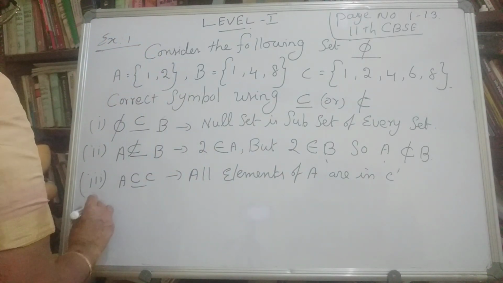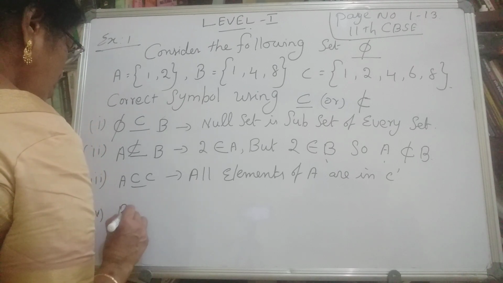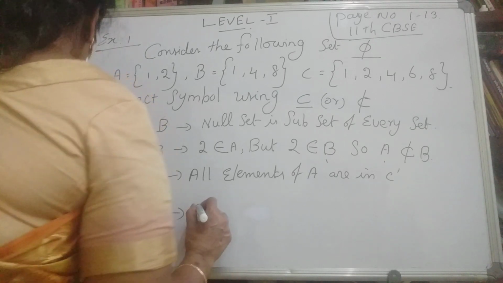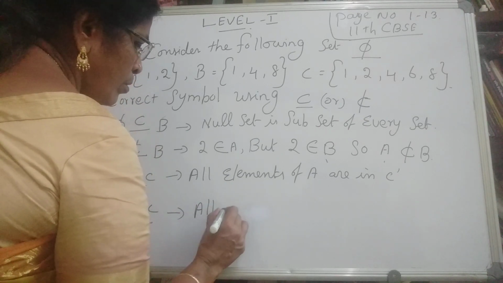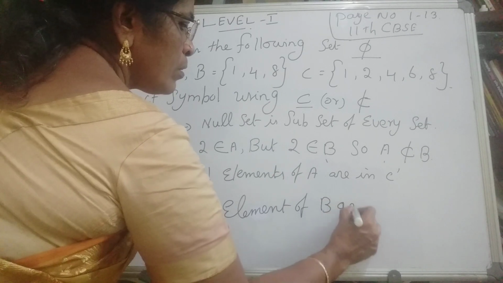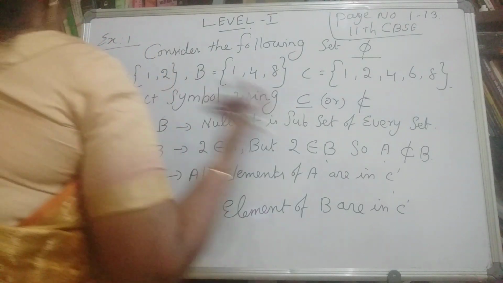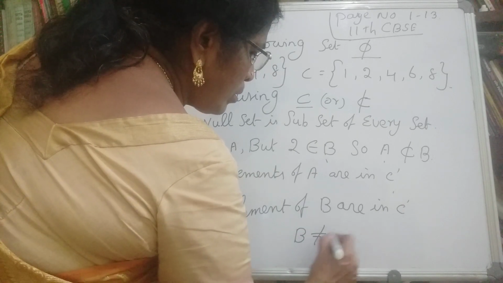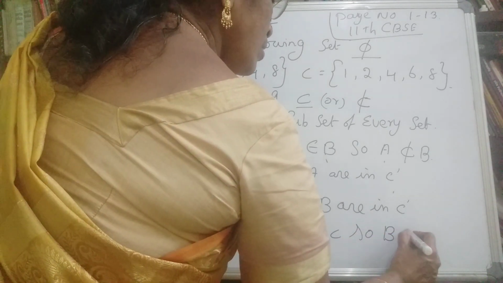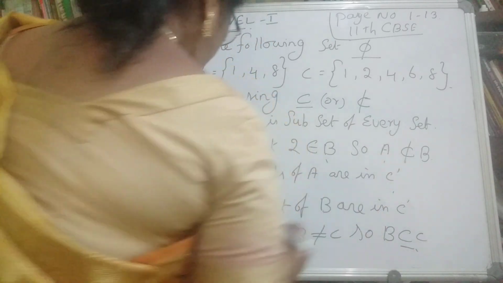Then the fourth question is B. B is a subset of C because all elements of B are in C. B is not equal to C, so B is a subset of C. That's all. Once again,